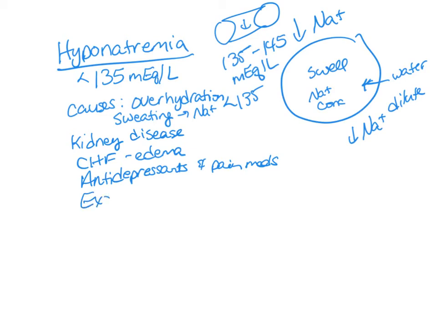And excessive thirst. So these are just some ways that you have more fluid in the body, and that's diluting the sodium in the extracellular fluid. The fluid levels in your body that sodium is helping to balance have a lot to do